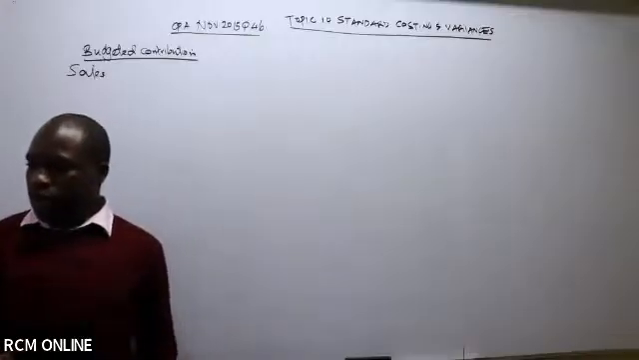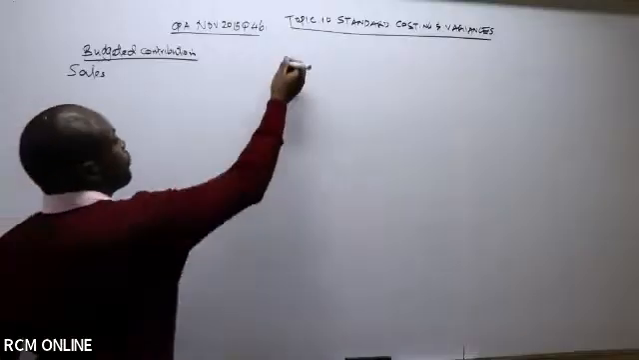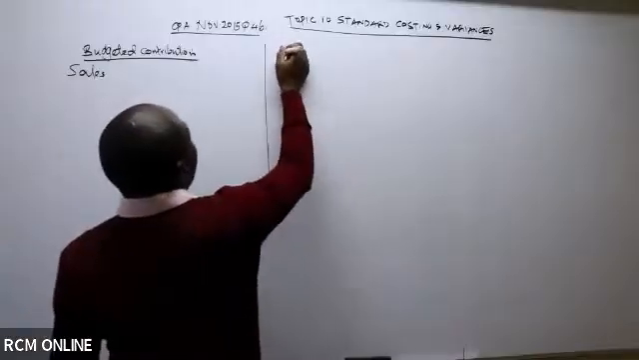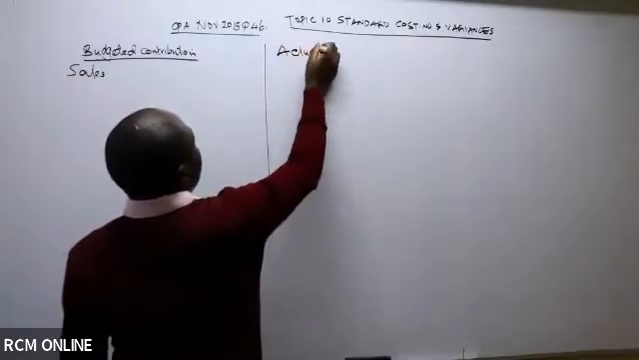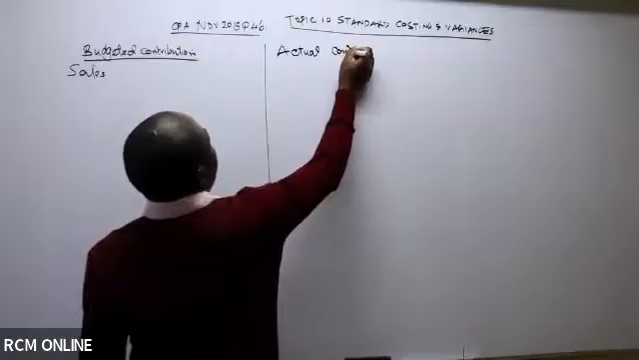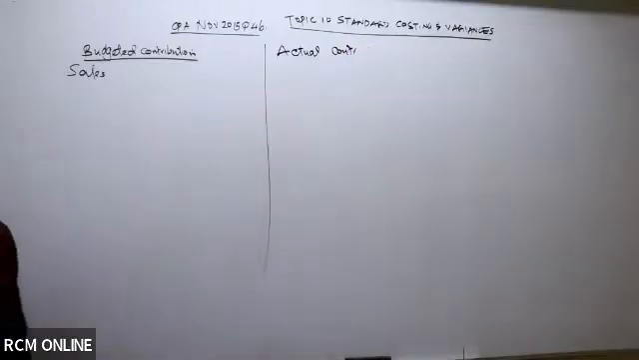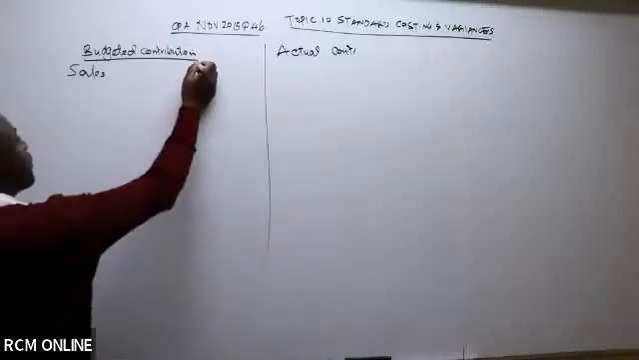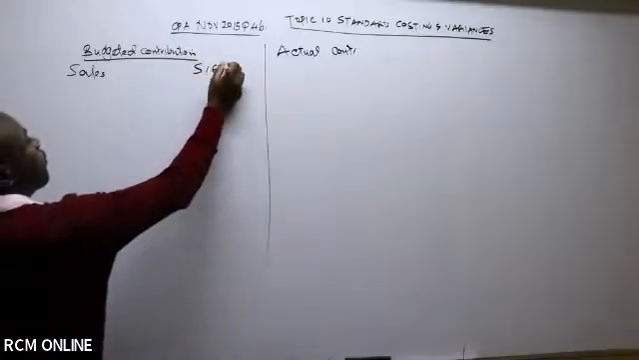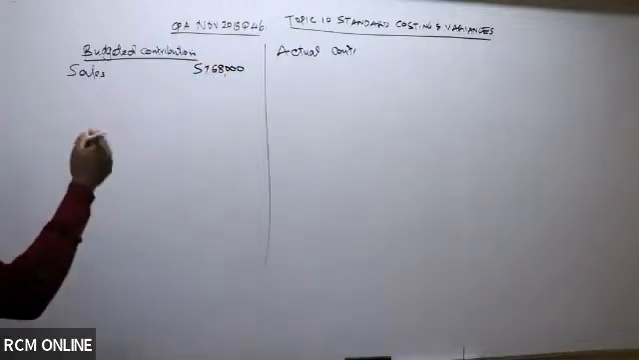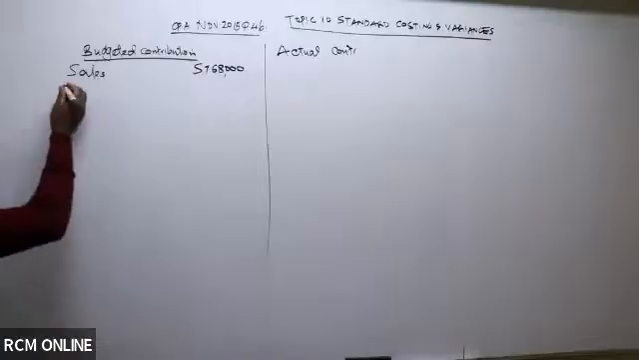What will you have? What do we have? 5,168,000. Good. Then from the sales, we need to less variable production cost so that we get what we call contribution, right? So less